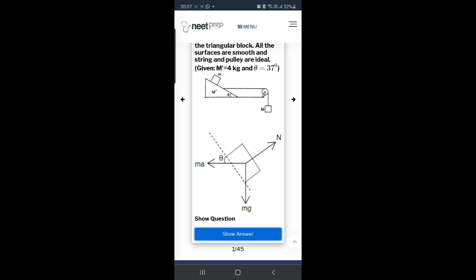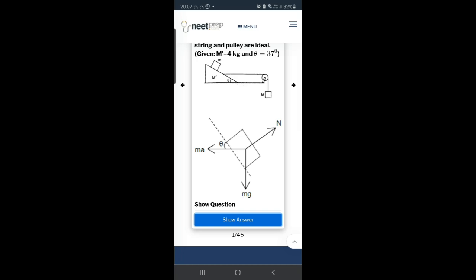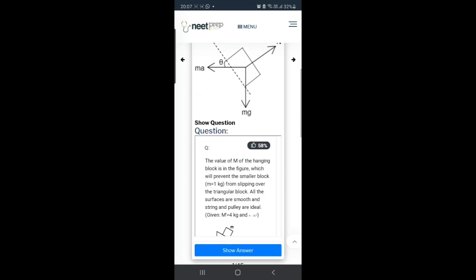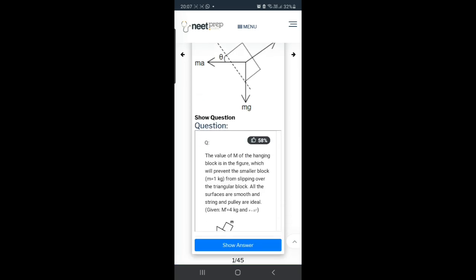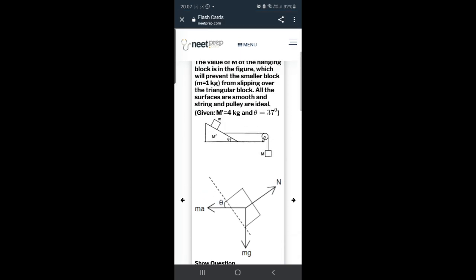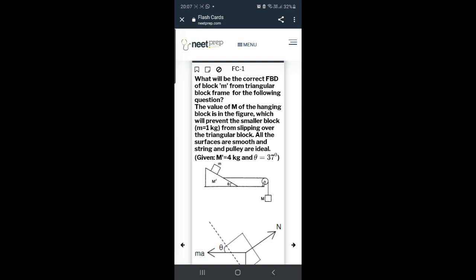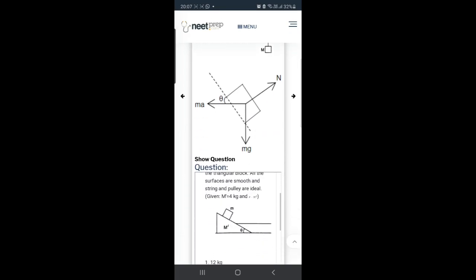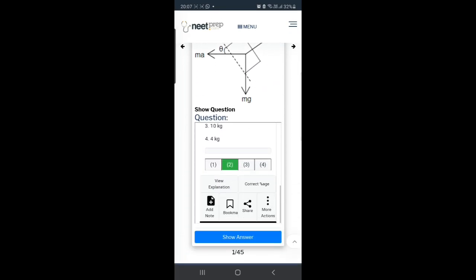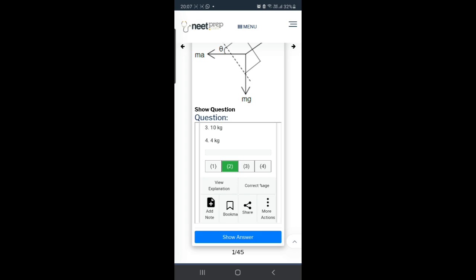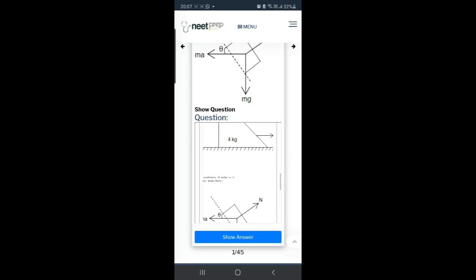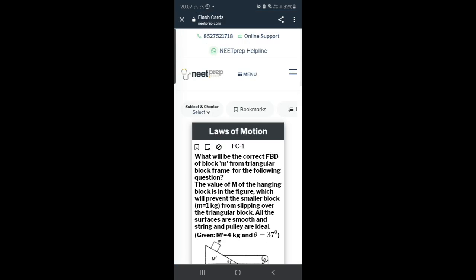Now it is showing you the correct format of the FBD. This is a dual layered flashcard because here I will click on show questions, and you will also see the questions which are linked in the question bank related to this particular FBD. You can practice the question right here, and you can mark and see the explanation. Suppose I did it right, suppose it was wrong. Now I can see the explanation, right here in the flashcard itself. I can bookmark this flashcard.